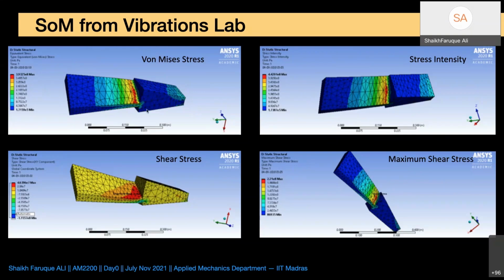You can see this part of the blade, which is nearly blue, has no stress or less stress. So we can reduce the thickness of that part. But the red part, where the stresses are high, we have to increase the thickness because it has to serve its purpose and self-sustain there. So these are a few examples. We'll go into those examples as we go ahead in the course.